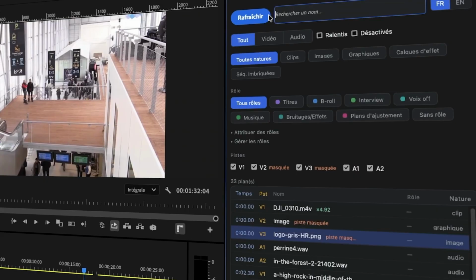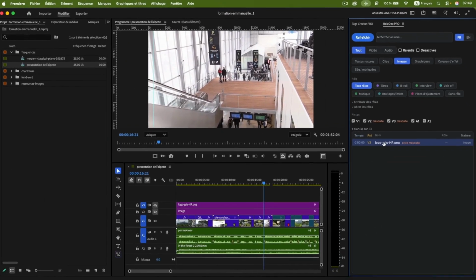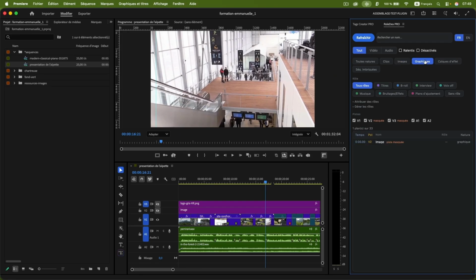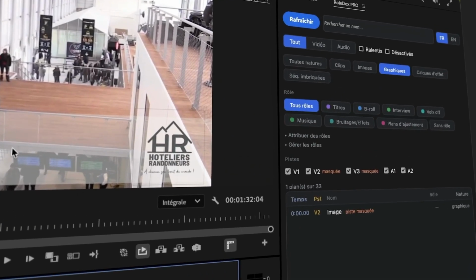I'm going to search for it. For example, I can search only for image shots, for example the logo that is on track V3. I can also search for drawn vector elements. There is a frame here, and these two tracks are currently hidden. But if I reactivate tracks V3 and V2, I actually find, again, this white grid that you see at the